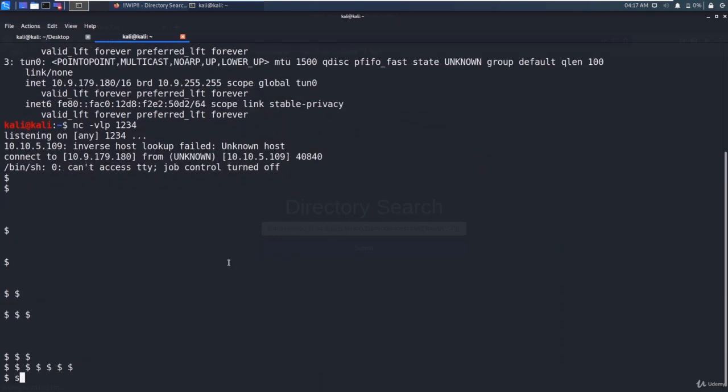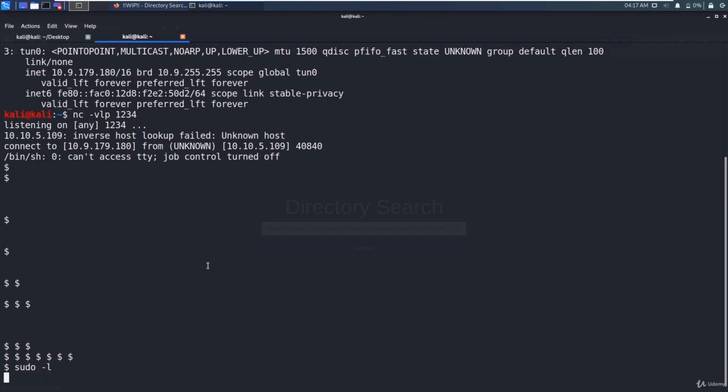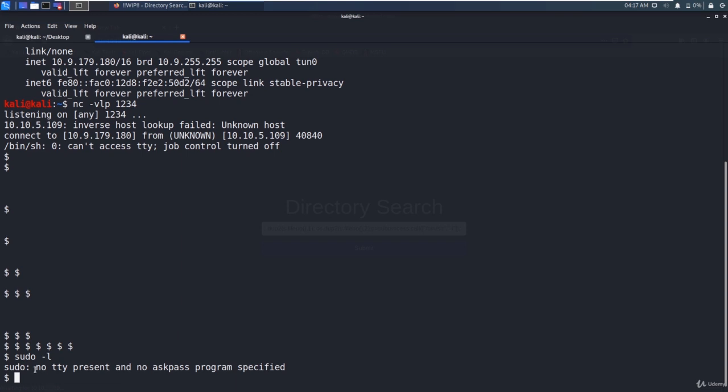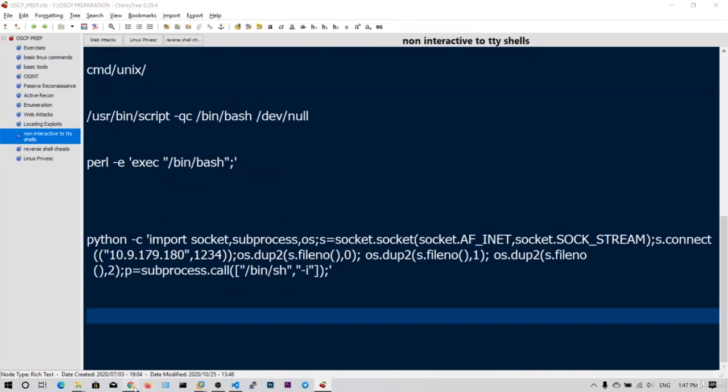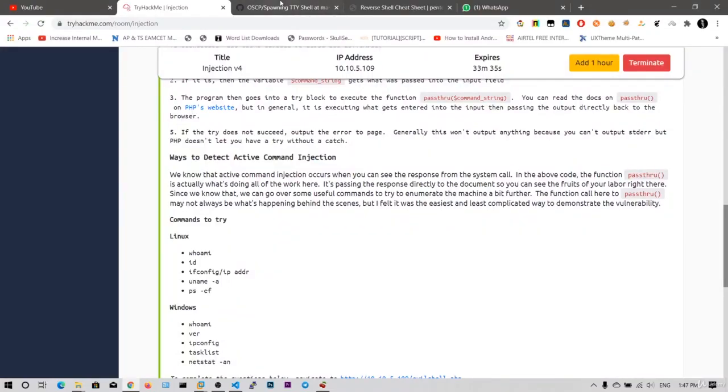If I type sudo -l to see the permissions I have, it says no tty present and no askpass program specified. So we need to upgrade to a TTY shell to run sudo commands.